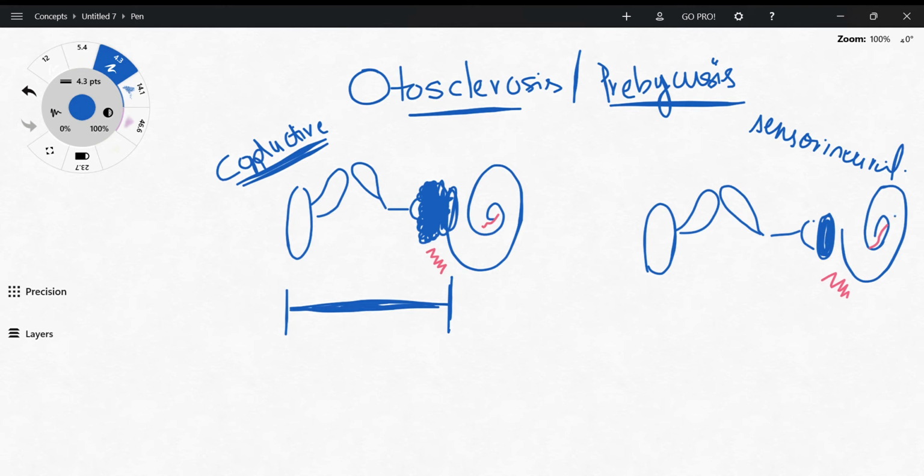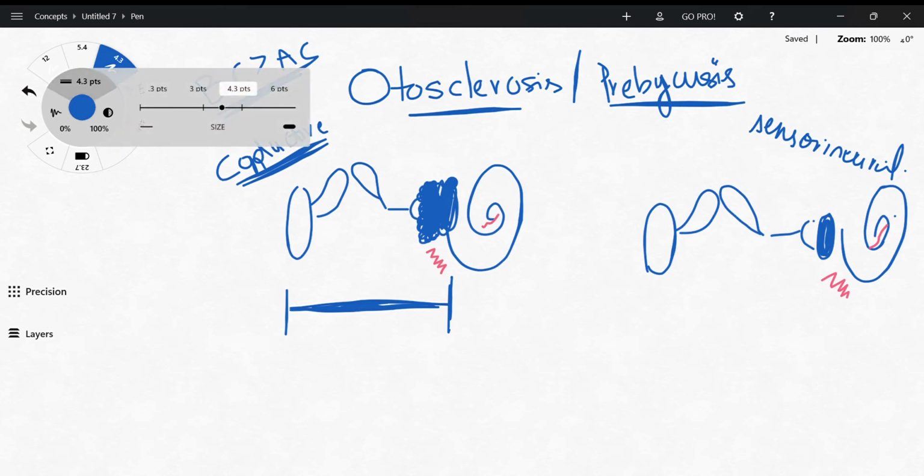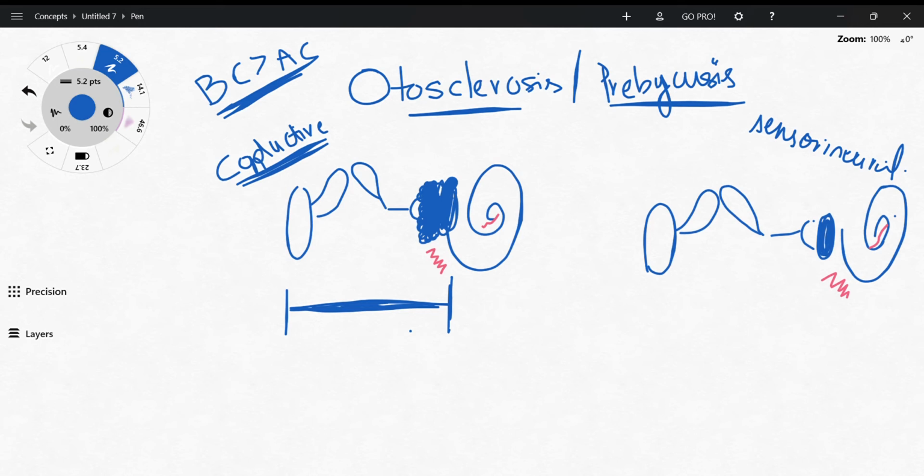And you also know that for conductive hearing loss, bone conduction is better than air conduction. You can refer to my video on the hearing apparatus and Weber's and Rinne's test to clarify that point if you are in any way confused regarding that. So that's what makes this a conductive hearing loss. In a typical vignette for otosclerosis, the patient will say that they can actually hear better in noisy environments